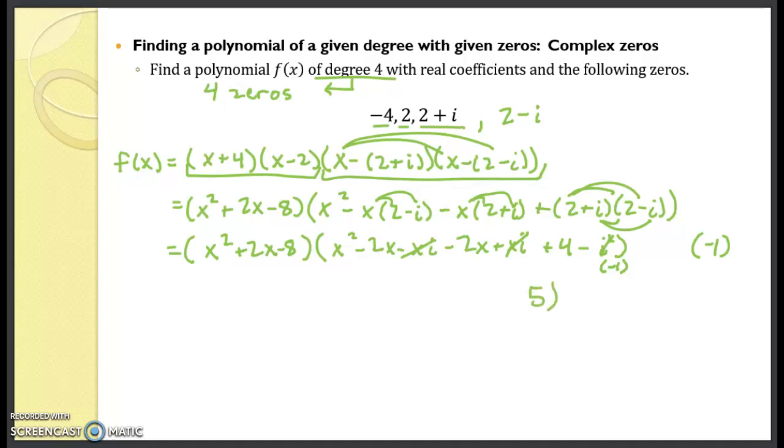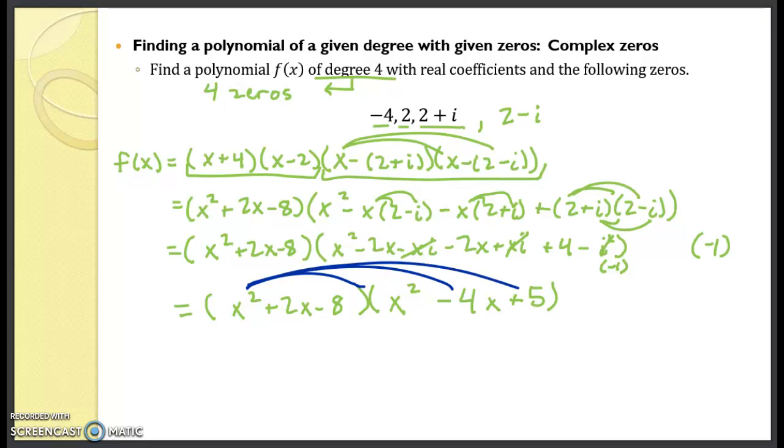And then, what are our like terms? x squared doesn't have a like term there. And then -2x minus 2x is -4x plus 5. And this portion is x squared plus 2x minus 8. So that is it in a factored form of sorts, right? Not all the way factored. But if we needed to simplify this more, we'd have to multiply this x squared through to each of these parts,